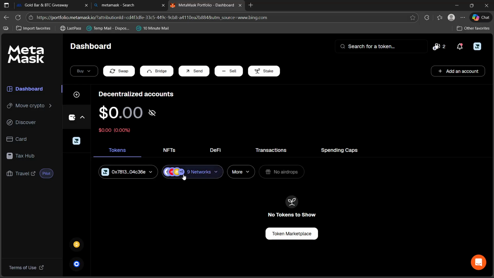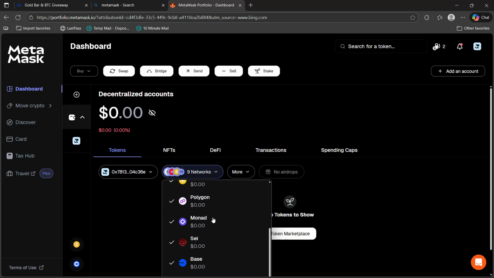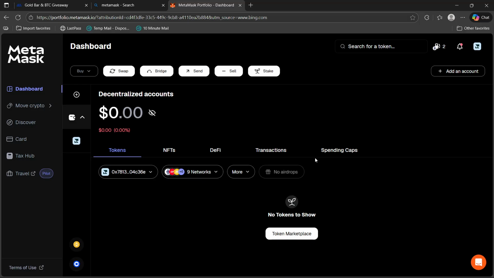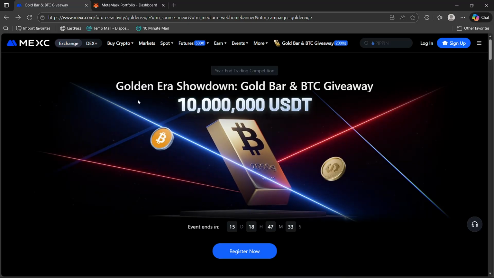once you're here, you will just have to select the network that matches your USDT, which is either Ethereum, BSC, or Polygon. And then what you will have to do after that is you should see the receive button here. If it's visible for you, you will just have to click that, and then you will just have to copy your wallet address from MetaMask, and then you will just go ahead and go to your MEXC, and of course